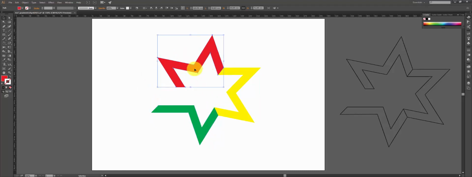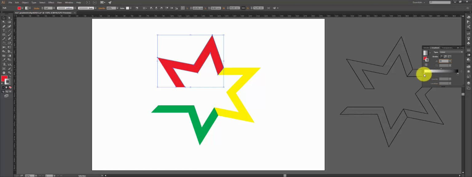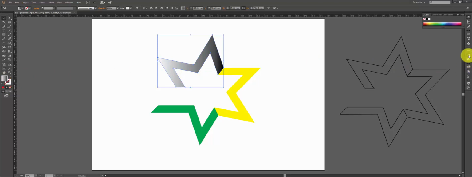I'm going to select the top shape first, and then I'm going to go here to my gradients panel, and I'm going to choose a linear gradient, and I'm going to change the angle to 45 degrees, and then I'm going to alter the colors of this gradient. I just have to make sure that the fill is selected. At the moment it runs from white to black,